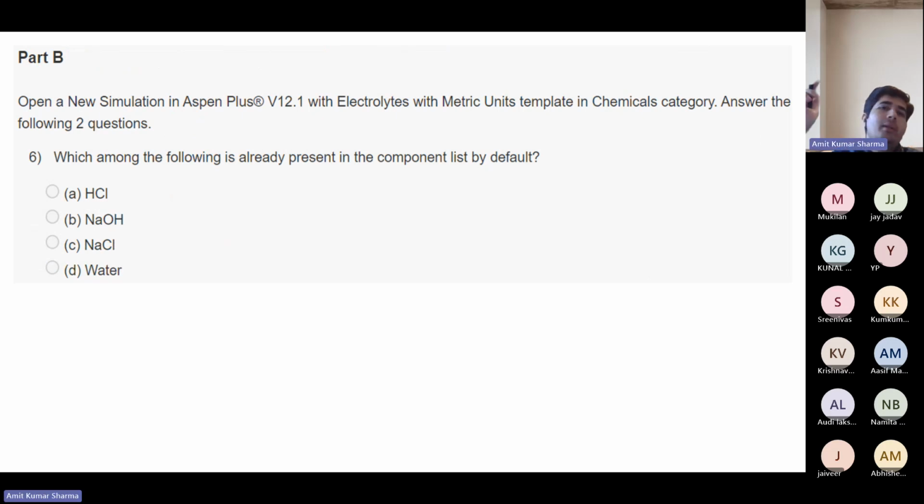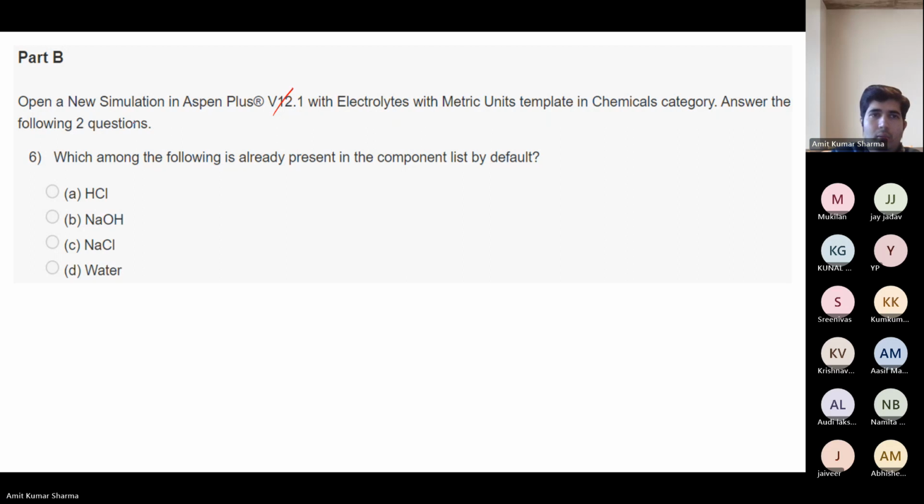So now open a new simulation in Aspen Plus. Don't worry which version you have on your desktop or laptop. Use the electrolytes with metric units template in the chemicals category. Then answer the following 2 questions.